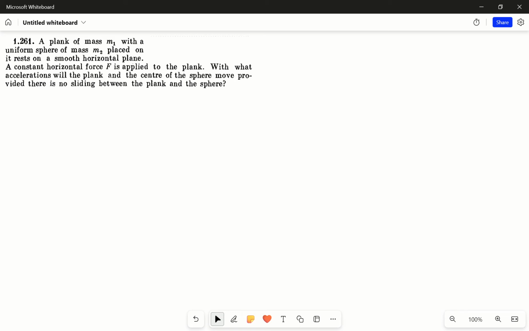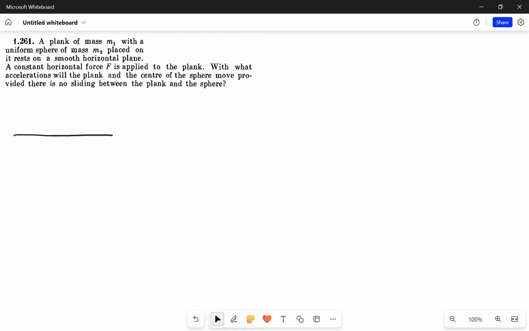A plank of mass m1 with a uniform sphere of mass m2 placed on it rests on a smooth horizontal plane. A constant horizontal force is applied to the plank. With what acceleration will the plank and the center of the sphere move, provided there is no sliding between the plank and the sphere? Okay, so we are given that there is no sliding between the plank and the sphere,